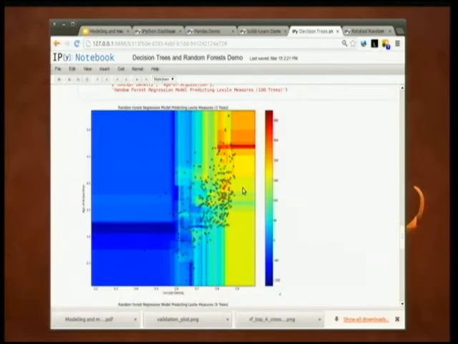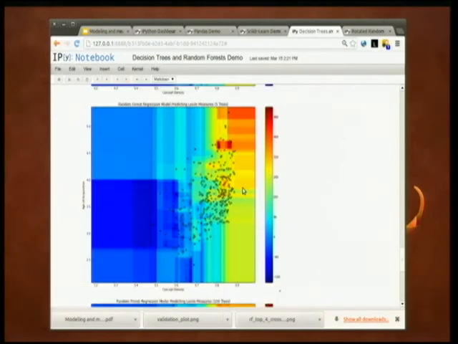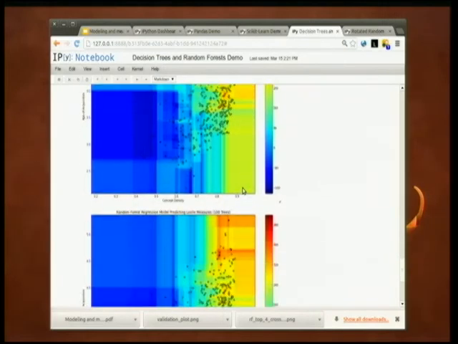So same picture. This is just 3 trees. And you can see it's already smoothed out. It eliminated that green region up in the top, but it's still pretty choppy. We can probably do better. So here's 5 trees, smoothing out a bit more. And then here is